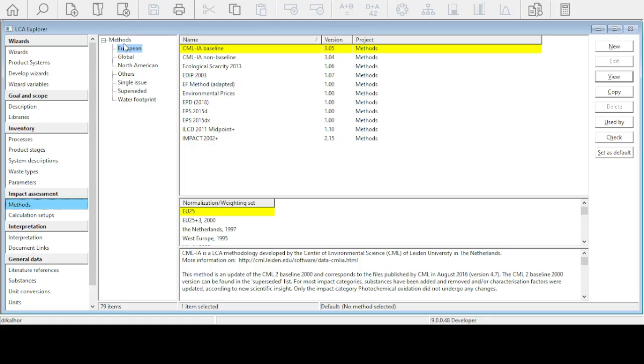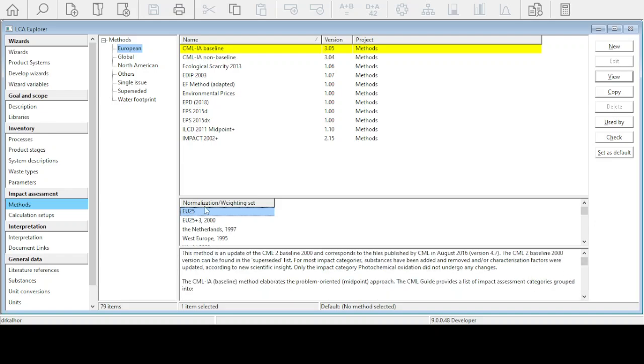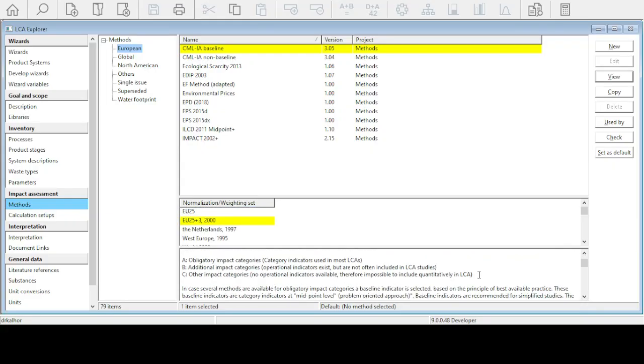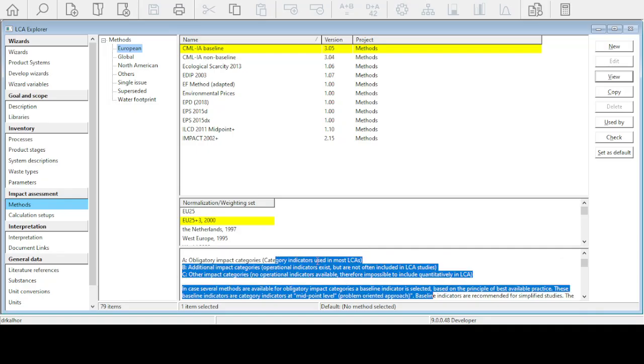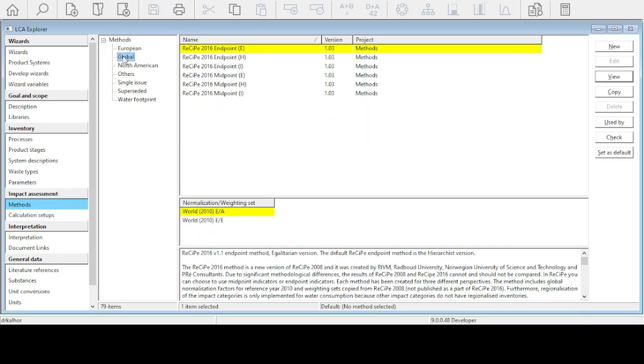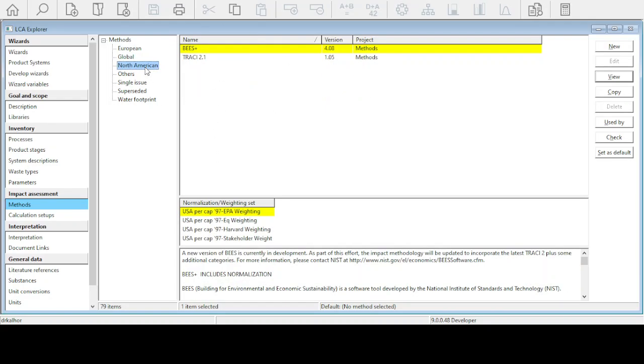We have several methods, the European method, where in this choice you can select CML-II baseline, EU 25, EU 25 plus, C 2000 Netherlands, and so on. For each option you selected, you can read this section and get information about it. And also the global ReCiPe method, that I usually work with, and also the North American method,